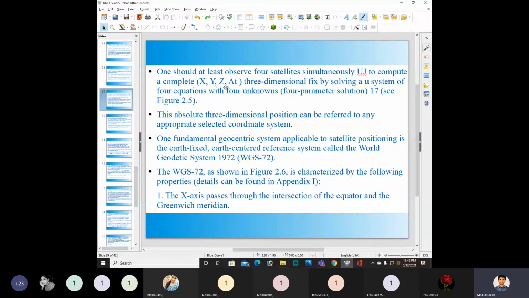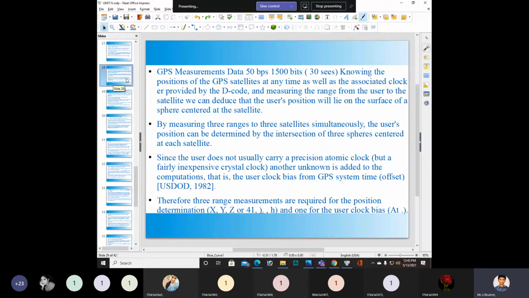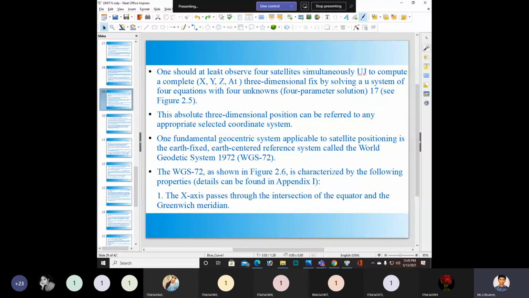So here one should at least observe 4 satellites simultaneously.